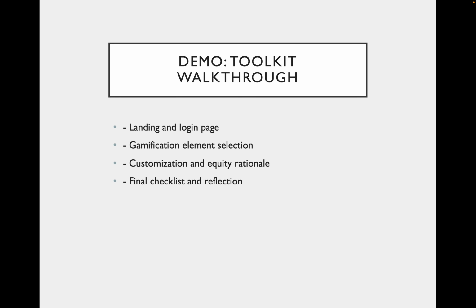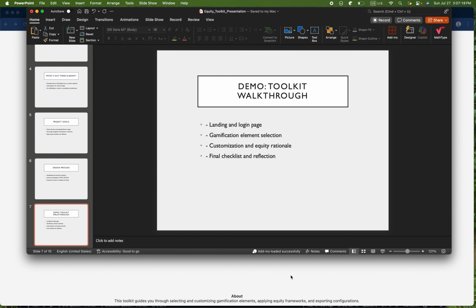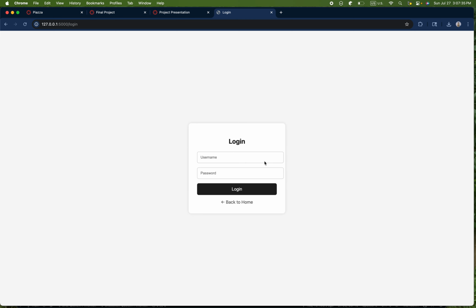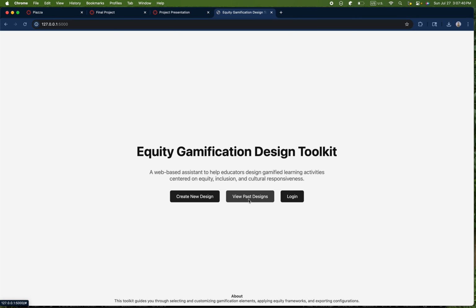So next, I am going to be doing a quick demo, a walkthrough of the toolkit itself. I have it over here in this browser already. So this is the landing page of the application. The user will click login to log in with their account. They'll put in their login credentials, log in. Then they'll be able to view their past designs whenever they're logged into their account,